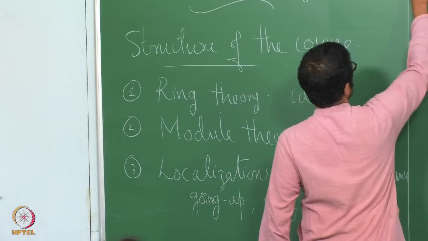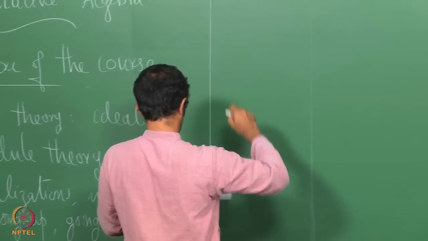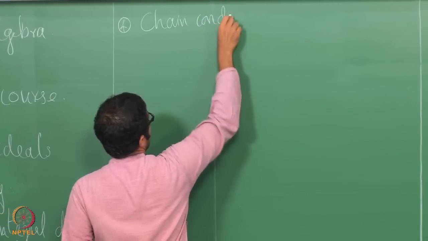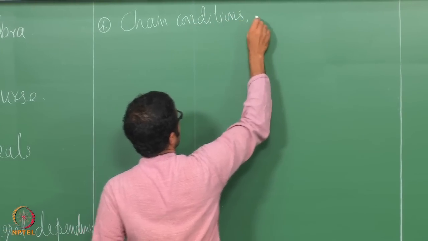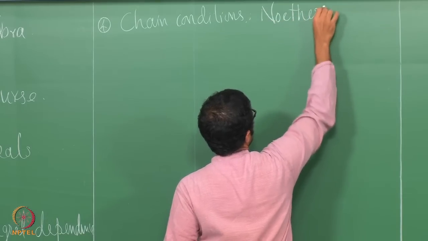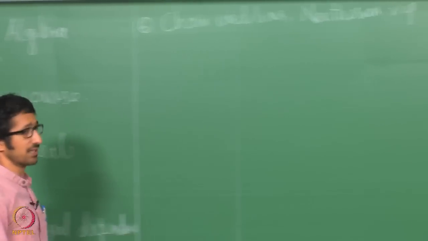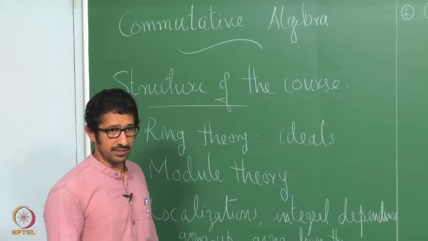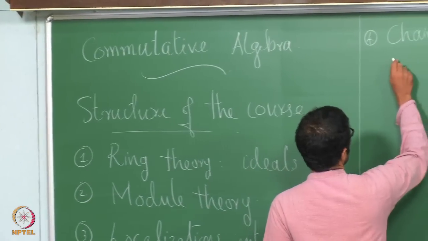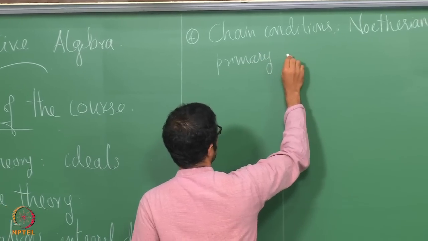We will then move on to chain conditions, Noetherian rings. So this is one of the most important classes of rings in commutative algebra called Noetherian rings. Some properties in Noetherian rings, some important properties such as primary decomposition,